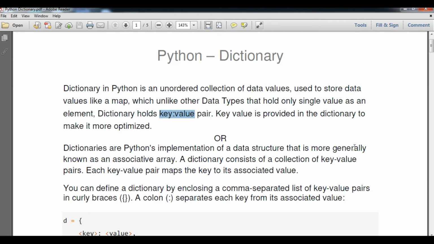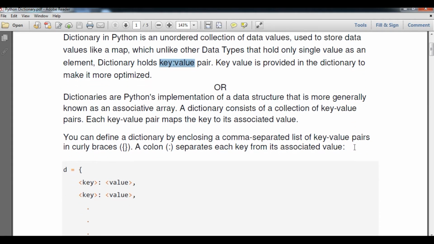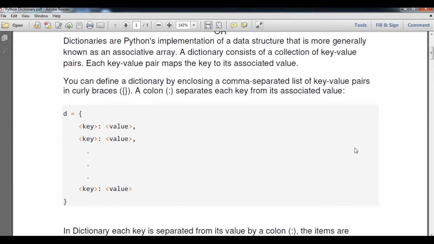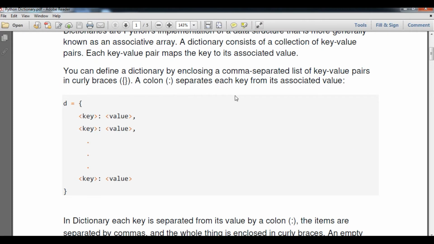A dictionary consists of a collection of key-value pairs. Each key-value pair maps a key to an associated value. It means, student, that a key is associated with a value. Here you can see a simple prototype of the syntax. You can define a dictionary by enclosing a comma-separated list of key-value pairs in curly braces.